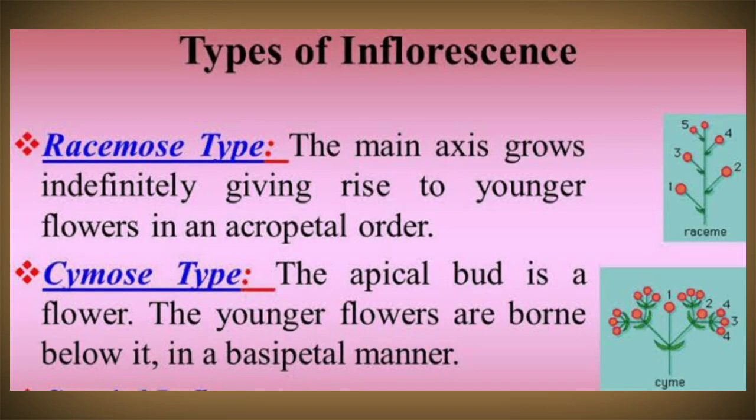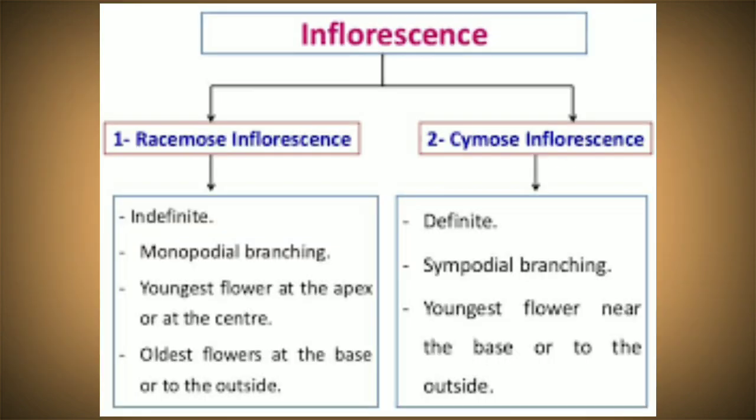So the difference between the racemose inflorescence and the cymose inflorescence is that in case of racemose inflorescence, the development of the flower does not stop the growth of the whole stem axis, and it elongates as new flowers also start forming, and it leaves behind the older flowers below.